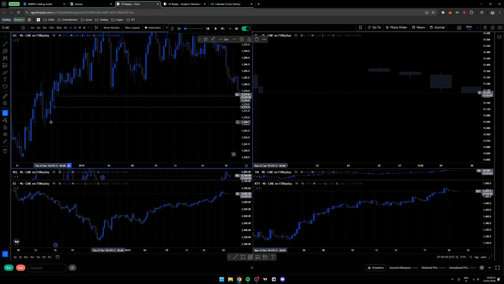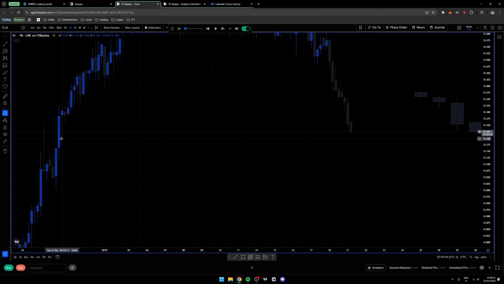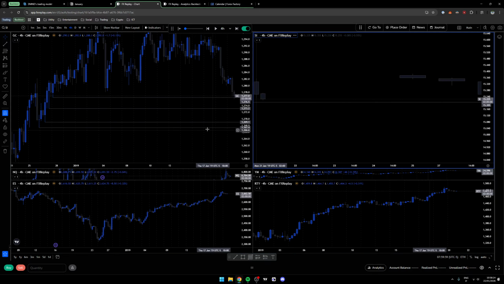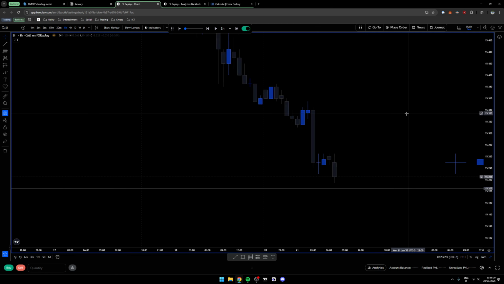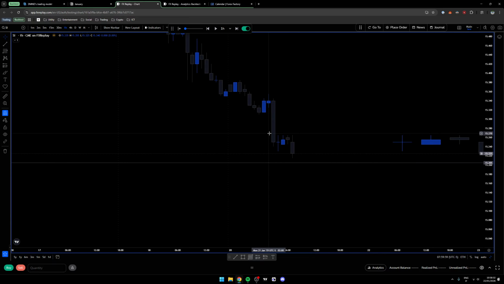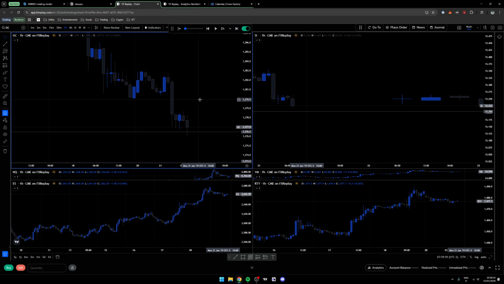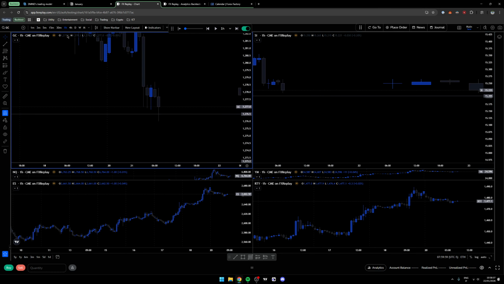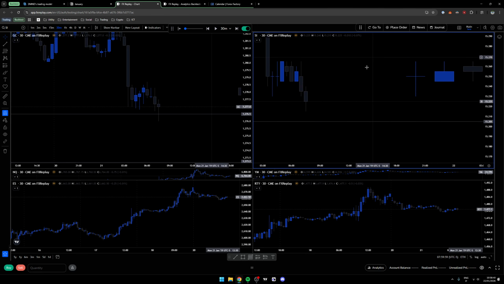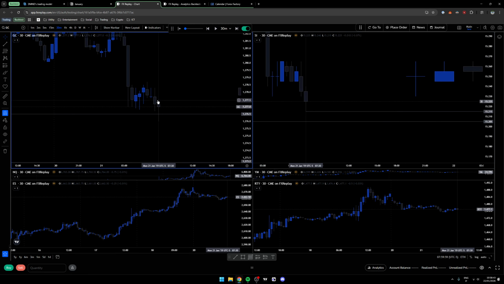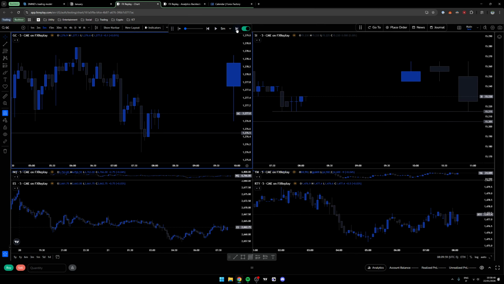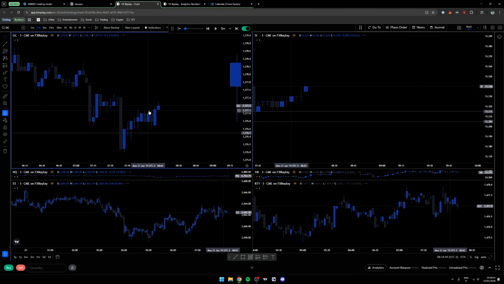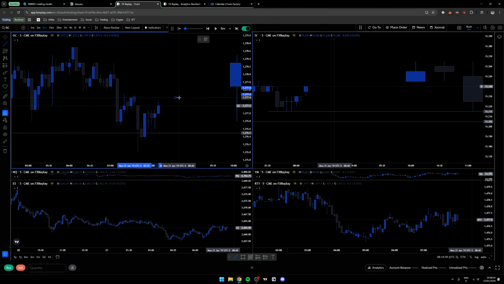Let's see how we react off of this low. On GC, there's not much draw on liquidity here. Perhaps we hadn't hit this yet, but it's fine. We might just rip through this, but I have no draw on liquidity, so if we're gonna reverse, I can probably trade this higher. It looks like it wants to hit this low. Let's see what happens here. Very choppy, very choppy.